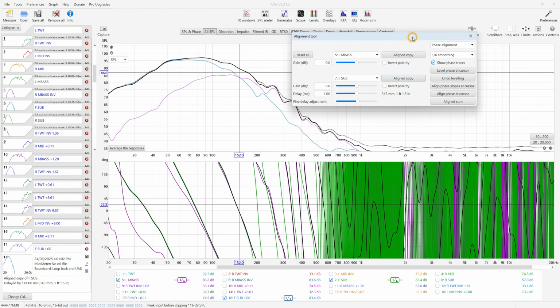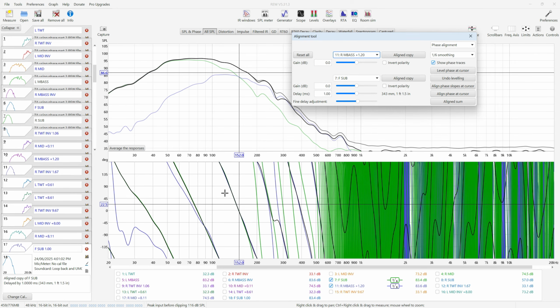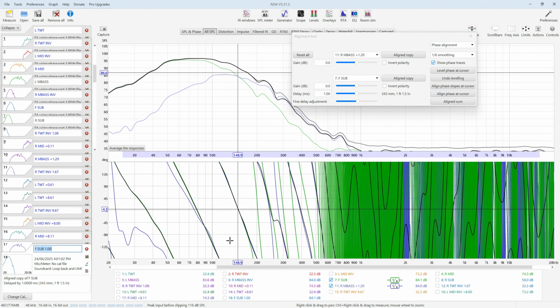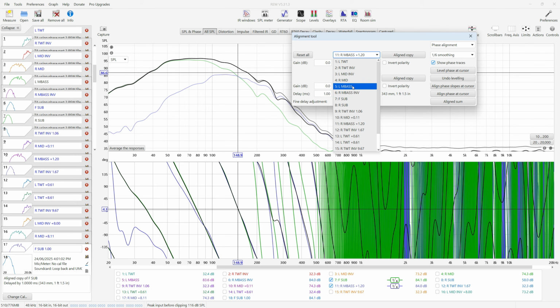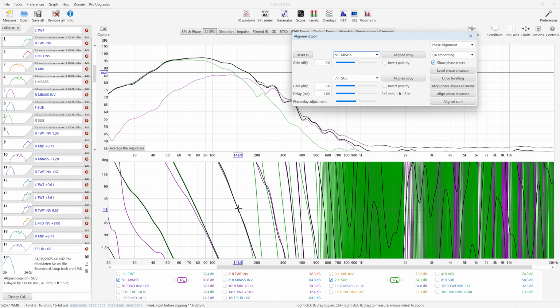Right, that's that one. And I know what the problem is. We were not selecting the right mid bass before. There we go. Now it's lined up when we select the mid bass with the delay in it. At 1 millisecond, it's completely lined up at the crossover point. So left mid bass and the left mid, both aligned